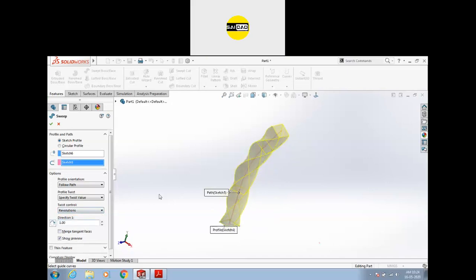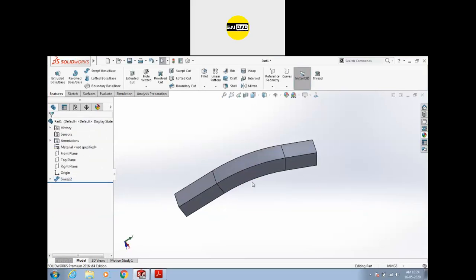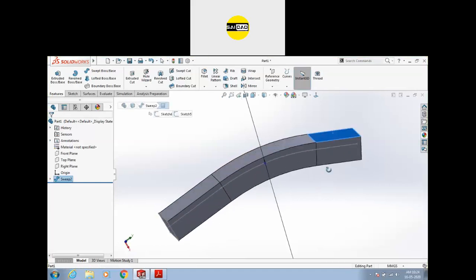Now, if you want to twist it clockwise or counterclockwise, you can just press the reverse value from here. Okay. Now, if I complete this object, you will see here this surface is different, this surface is different, and this surface is different.